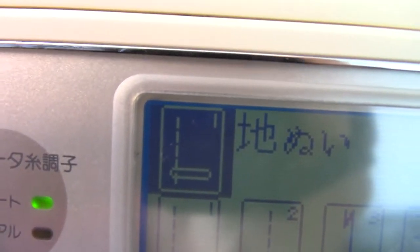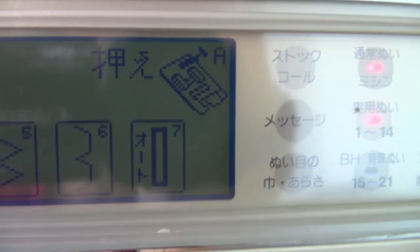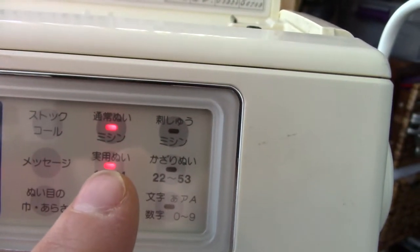But for purposes of sewing, it's got your standard straight stitch left, and you can see when it's in the top left corner, that's straight stitch left, and it comes up with a description. Then you've got your patterns up to 7. Is the automatic buttonhole. It tells you which foot to use. Then over here you've got all these instructions. So this bit here is how you select your